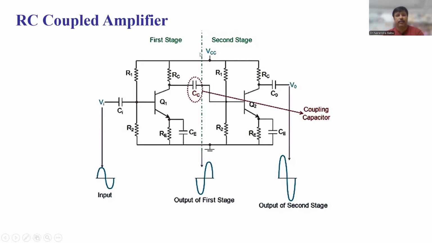And the common power supply VCC is used. The potential dividers R1, R2 and RE form the biasing and stabilization network. That means R1, R2 always put a small fixed current to the base. The emitter bypass capacitor CE offers a low reactance path to the signal. So that's why it is very much important. And the resistance RE is the load impedance, and the capacitor